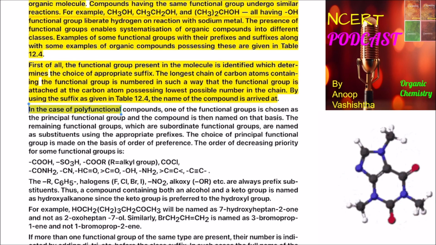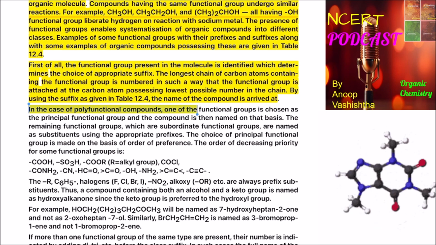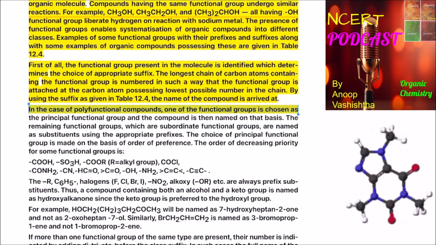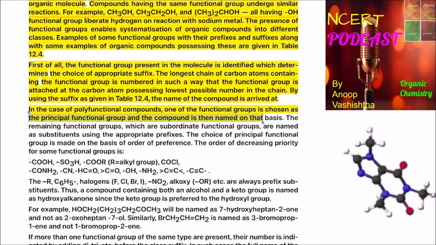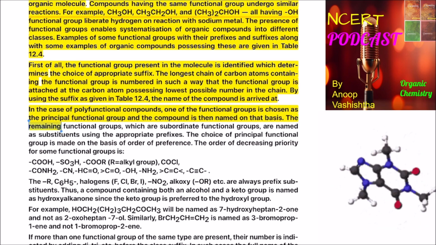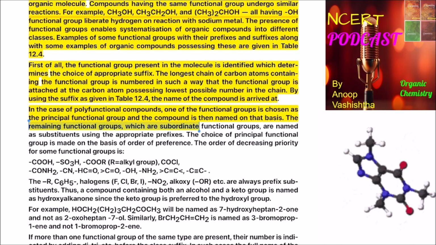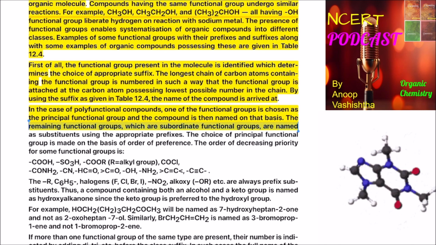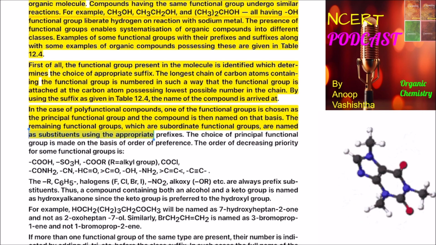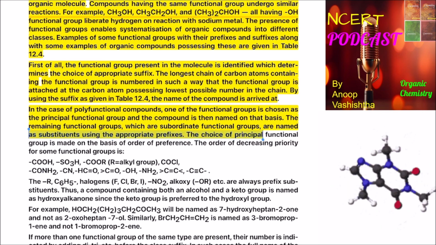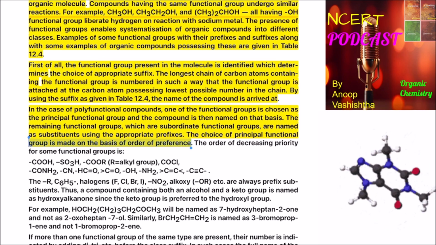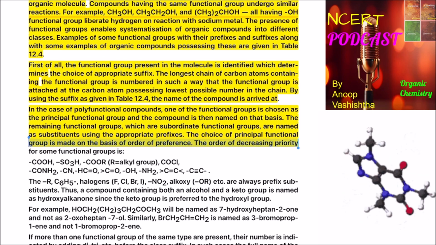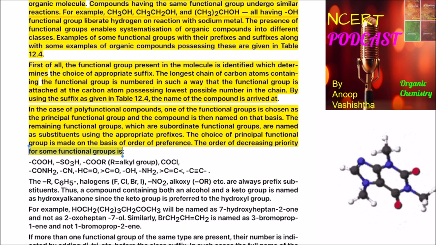In the case of polyfunctional compounds, one of the functional groups is chosen as the principal functional group and the compound is then named on that basis. The remaining functional groups, which are subordinate functional groups, are named as substituents using the appropriate prefixes. The choice of principal functional group is made on the basis of order of preference. The order of decreasing priority for some functional groups is